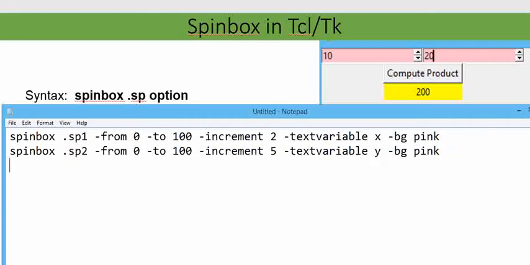Now this Spinbox widget must be processed through a geometry manager. In this example, I am going to take the grid geometry manager, which maps the widget according to row and column. So grid .sp1 has been located in row 0, column 0.